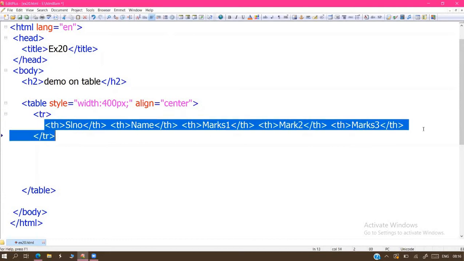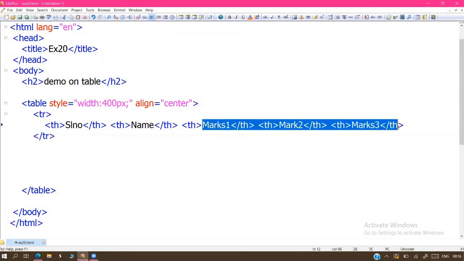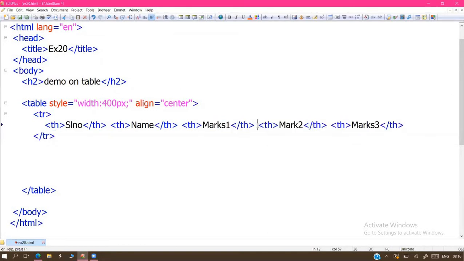Small marks report I said, no, that is this one. Serial number, name of the subject, internal marks, external marks, total marks. Marks 1, marks 2, marks 3 means internal, external, and total. That is the intention.